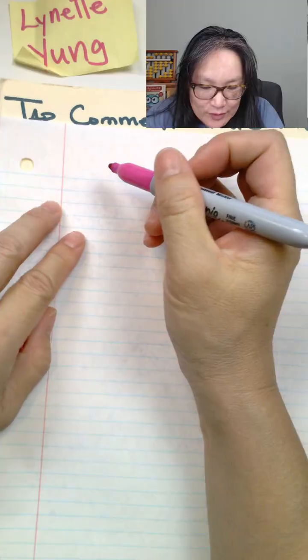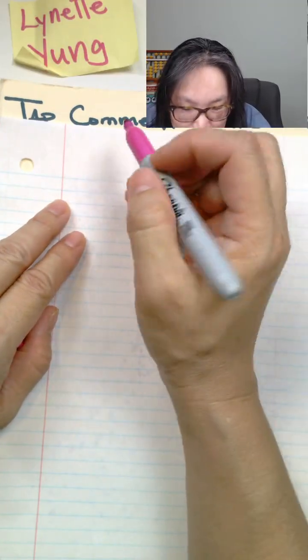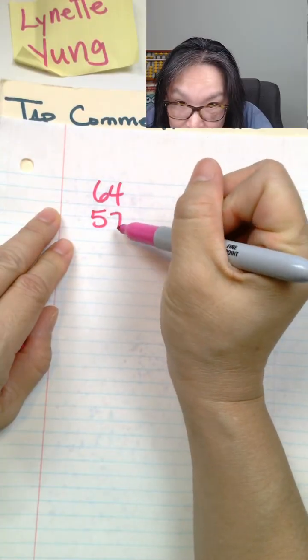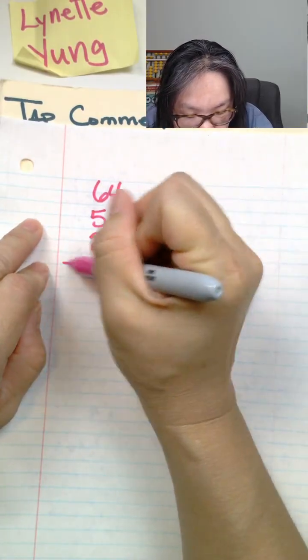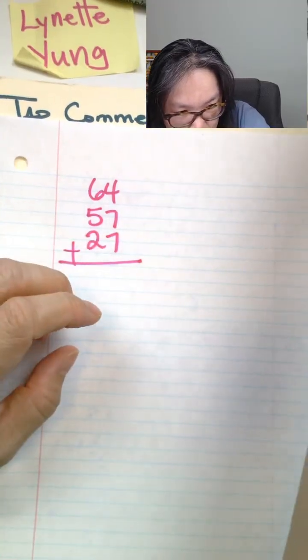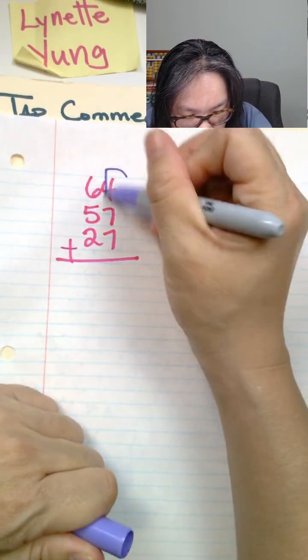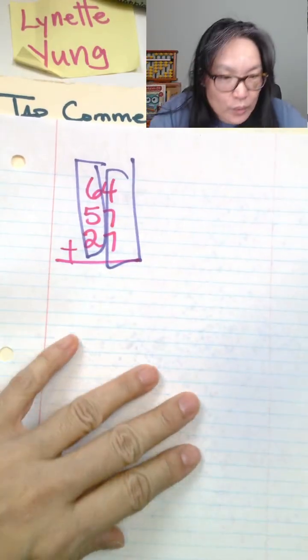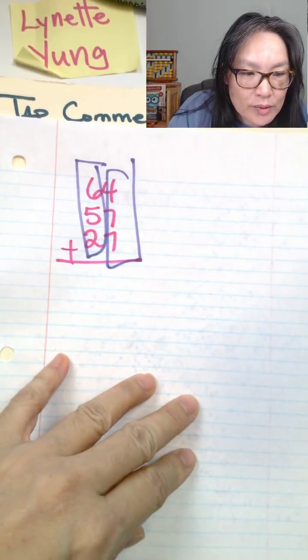We'll do this one. All right. Let's see if this one has any special formulas that we need to work on. So we do 64 plus 57 plus 27. Now in school, right, we usually do the ones, and then we do the tens. In abacus, what we actually do,